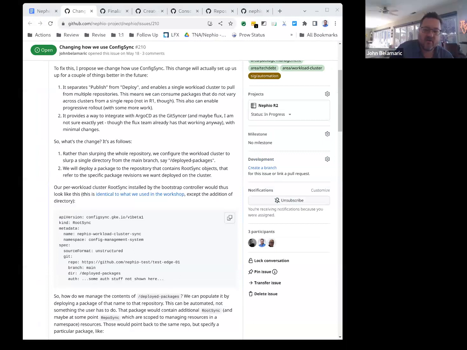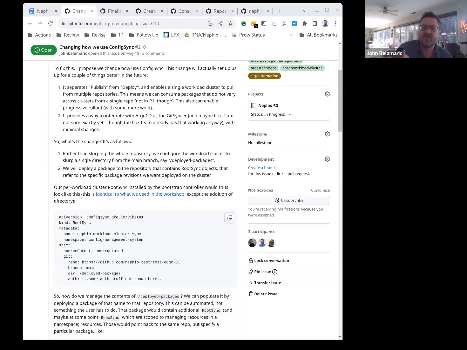So when you're talking about root syncs, it could happen with repo syncs too. When they have a resource of the same name in the same namespace, who wins? Yes. I think config sync will refuse to apply, it notices this, but I'm not sure if they're in different root syncs.